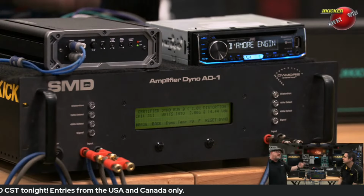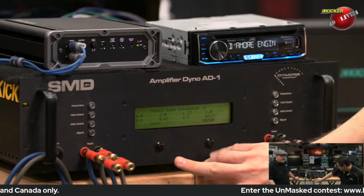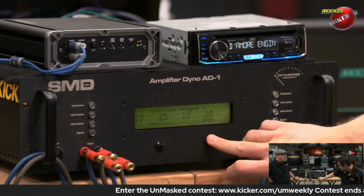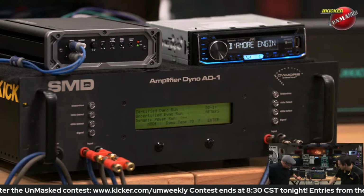You can add a second one with the coils in parallel to that for a 1 ohm load, and each speaker is still going to get about 250 watts, which is going to give you about 3 dB more output overall. Yeah. So now, we want to see something that's maybe more...